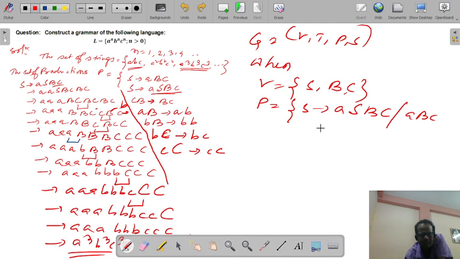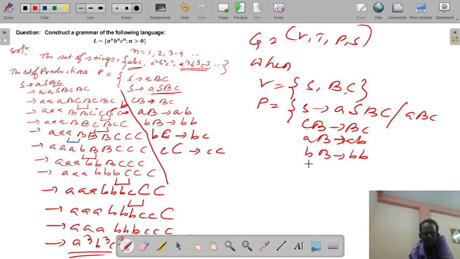Next, CB to BC, small a B to ab, small b capital B to bb, small b capital C to bc, and small c capital C to cc.